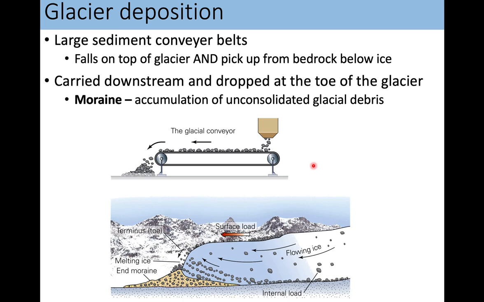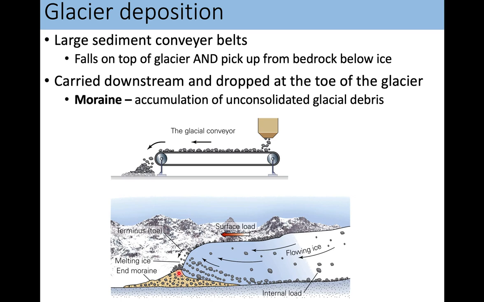Because that glacier is always flowing downstream, all of the sediment is also going to be carried and flowed downstream. So any dust, any dirt, any rock that falls on top of the glacier, as well as any loose pieces of rock that get picked up as the glacier is moving along, is all going to end up in what we call a moraine. That will be all the way at the end of the glacier, at what we call the toe of the glacier. It's going to end up in this large